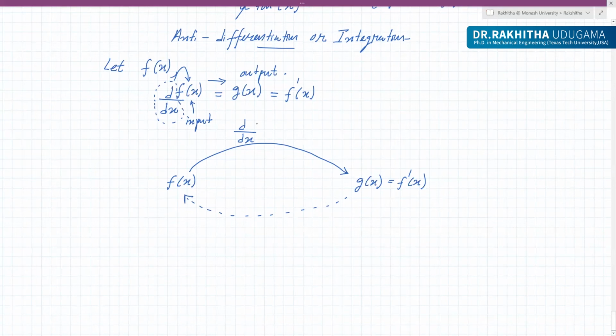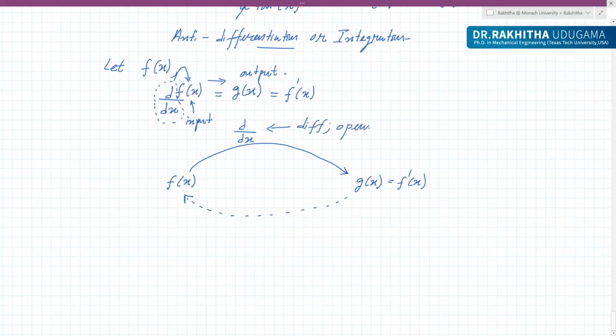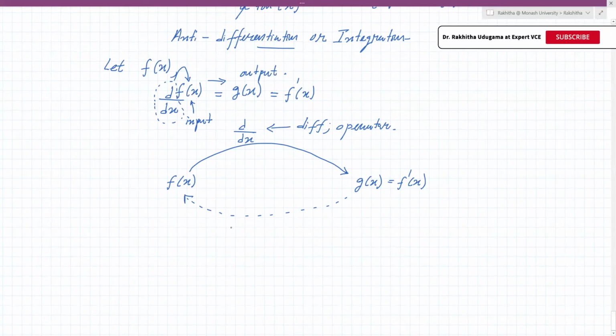Now you understand, to go from f(x) to g(x), the differential operator is used. To go from g(x) to f(x), we are using another operator, a reversed operator, which we call the integral